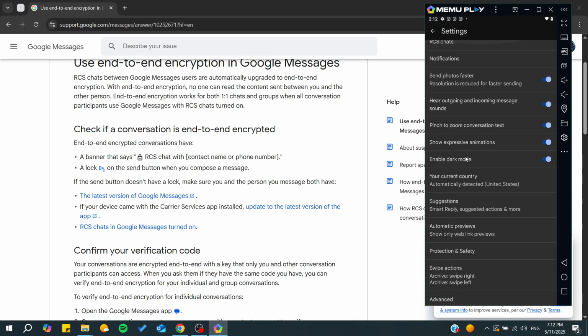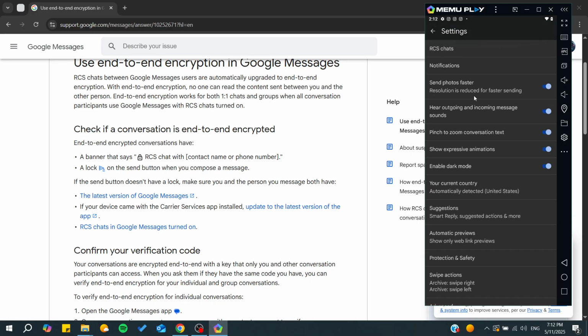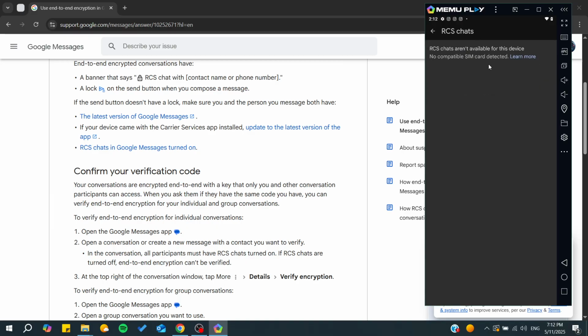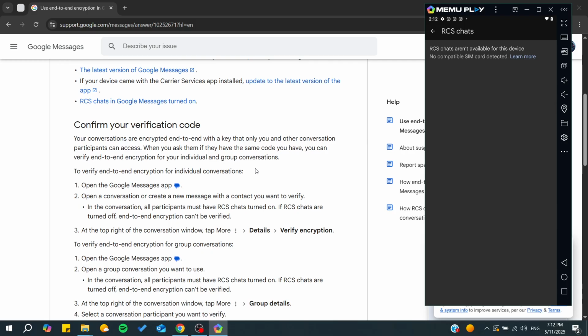And from here, we have the list of all the settings of our app. And the first one that is showing is RCS chat. And if you do not find it, you might search for chat features and then click on it. After that, make sure that it is on, and after that, you will be able to start confirming your verification code